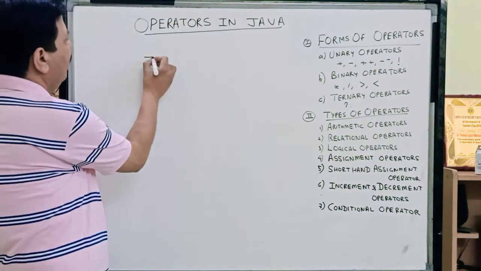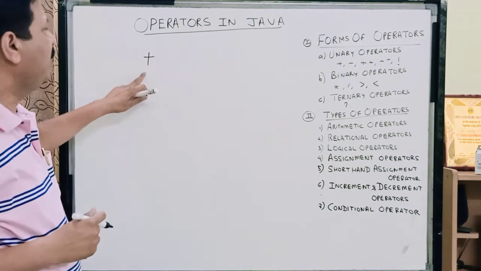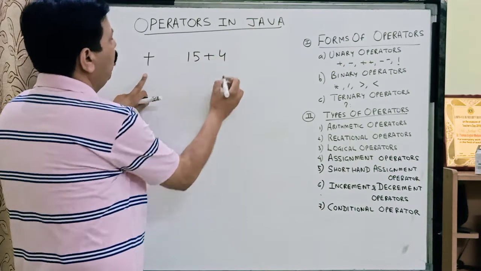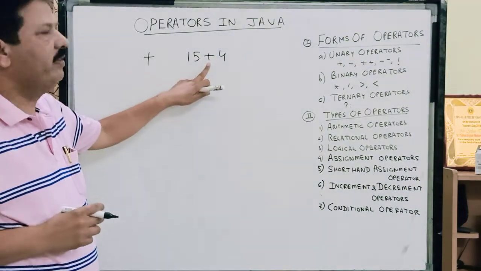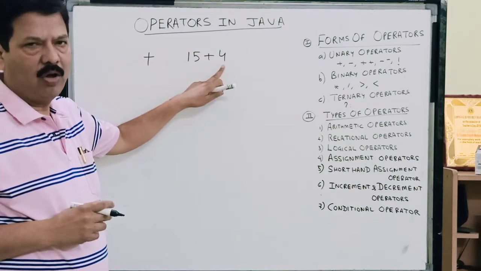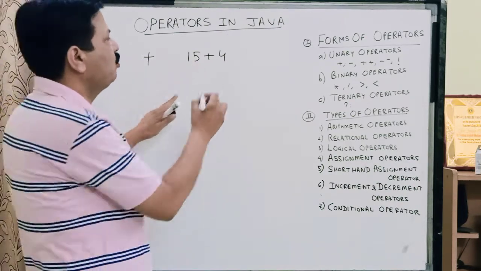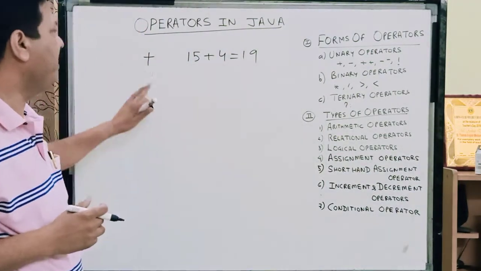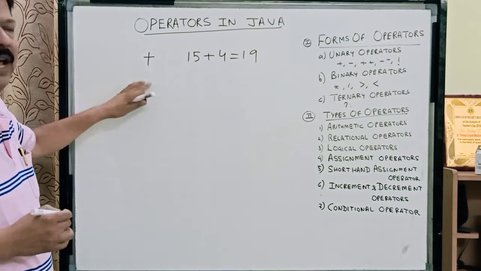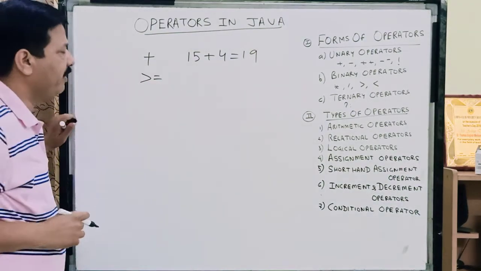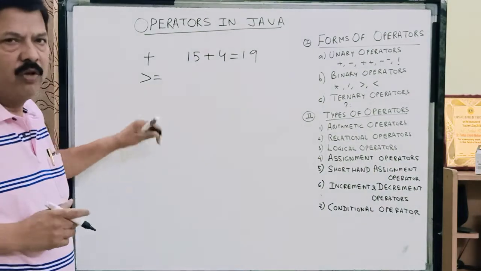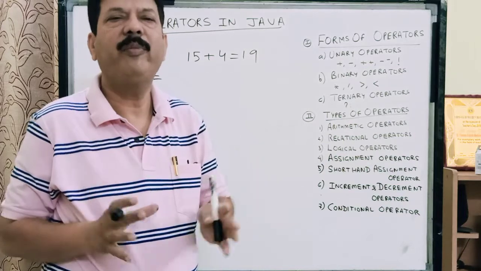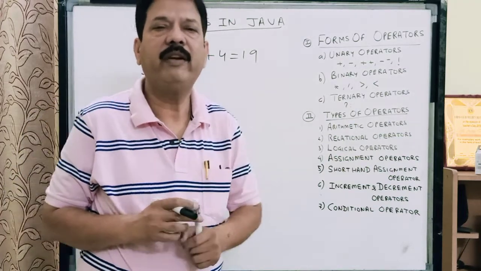So for example, plus is an operator. This plus is performing a special task. Say if I say 15 plus 4, this means children that plus is an operator and 15 and 4 are the operands. Now this operator adds these two values and it returns you a value, which is 15 plus 4, 19. So we say that an operator is a symbol, and children, it can be a set of symbols, like greater than equal to. Here we have two symbols. So we say that an operator is a symbol or set of symbols which performs a specific task on its operands.